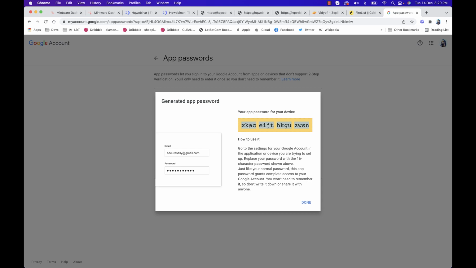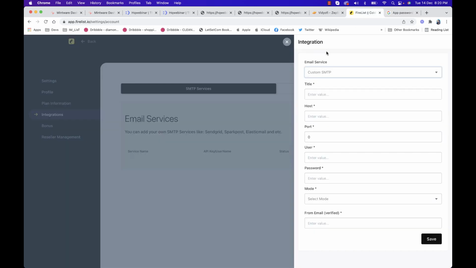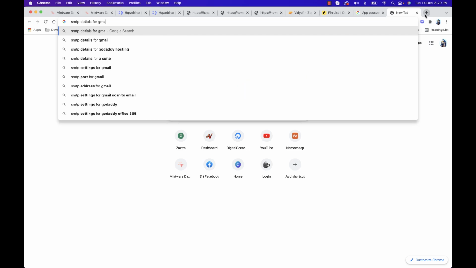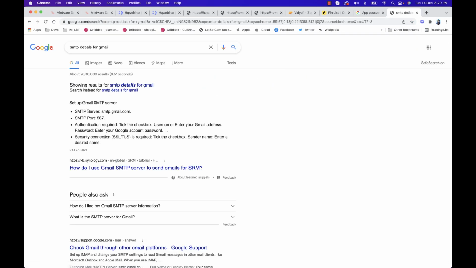Let's say you're going to use your email with Fire List. This is the same information you have to provide. Title, let's say Gmail SMTP. Host is going to be smtp.gmail.com. You can always search for SMTP details for Gmail on Google, and it will provide you all the information. So smtp.gmail.com, port is 587, authentication must be